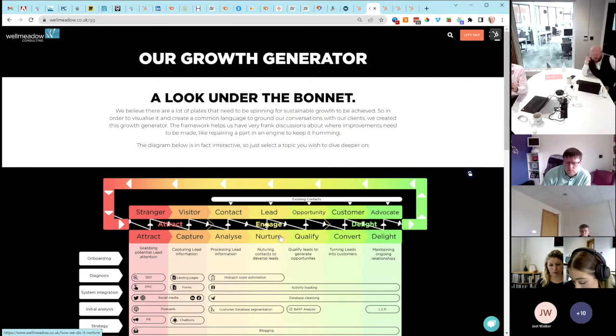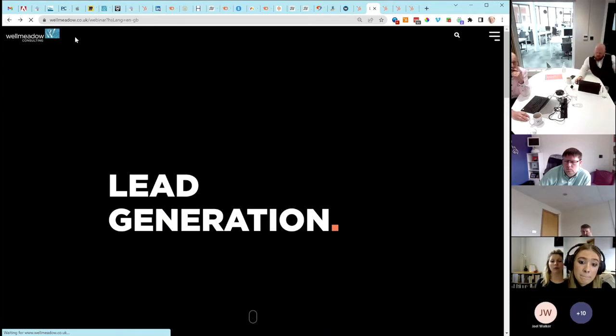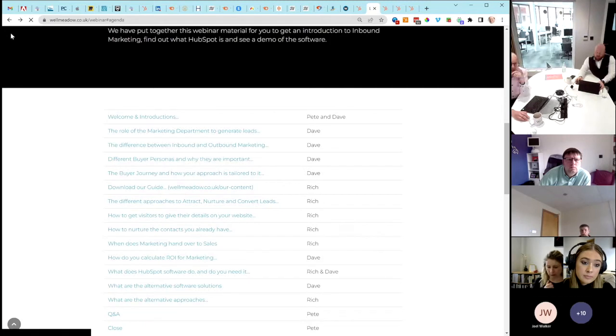So in HubSpot's language, they have these two terms, marketing qualified lead and sales qualified lead. And this is the point where you agree with your sales team as a marketing team, what is the marketing qualified lead definition? And that's when you hand them over to sales. Then they take it over, they do a qualification of more of a salesy type style. They've got budget, authority, needs, timing, that sort of thing. And that's when they put them into the deal pipeline. Okay, so that's where we were on where do you hand over and the purpose of marketing department being to